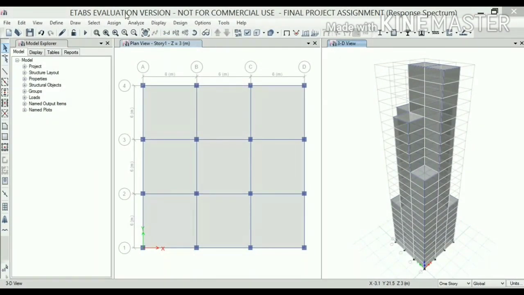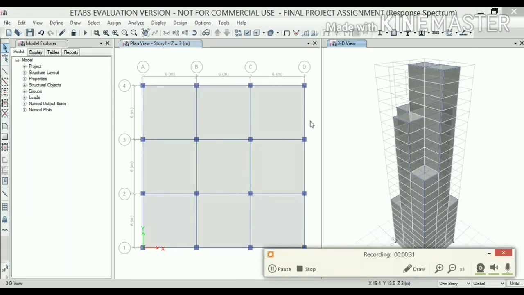Showing you my second assignment as a part of the Skyfi Lab workshop. In this video, I will be showing you the analysis and design of a seismic resistant building, which is carried out by two processes. In this structure, I have defined the various material properties as well as the section properties. After defining the material and section properties, I have carried out the seismic analysis by two methods, that is the response spectrum analysis method and time history analysis method, after which we can study the design of the various members of the G plus 23 story structure.